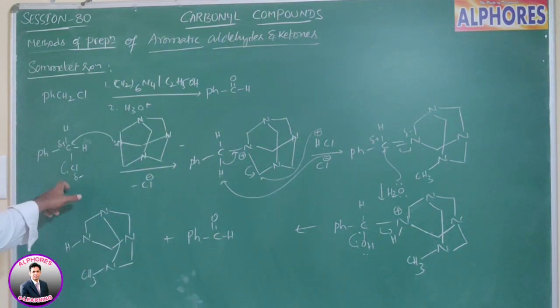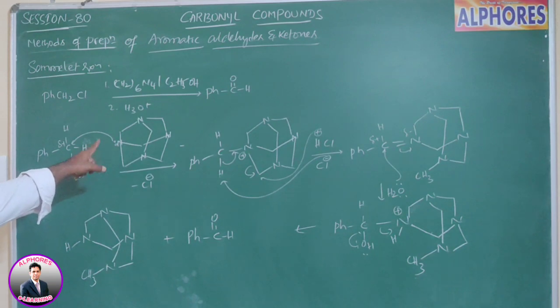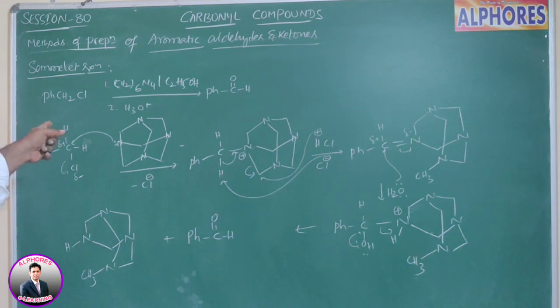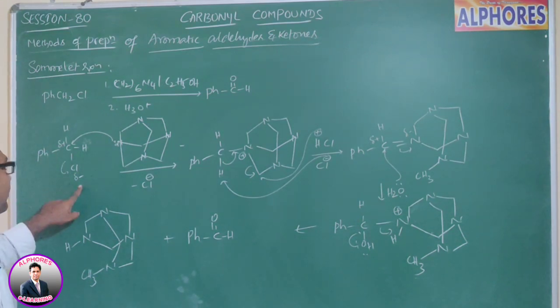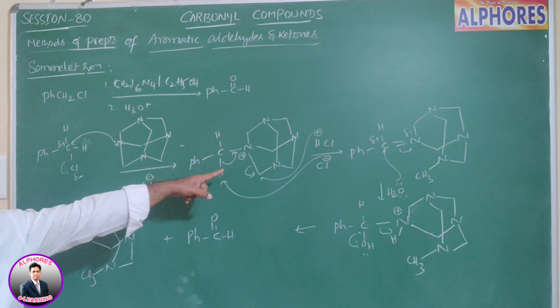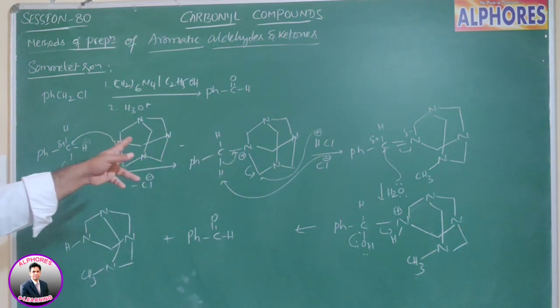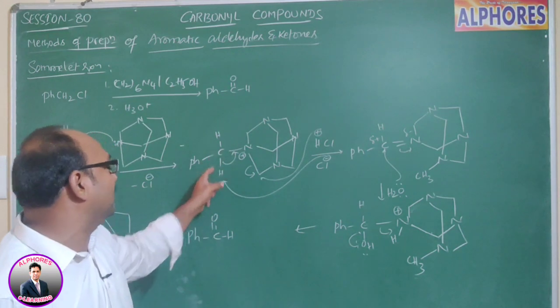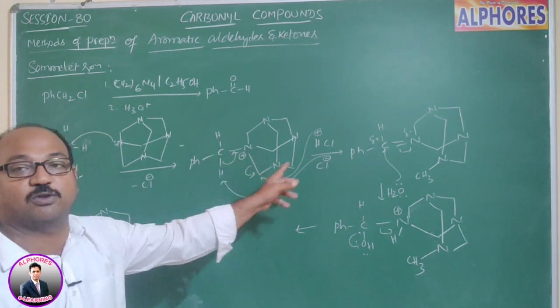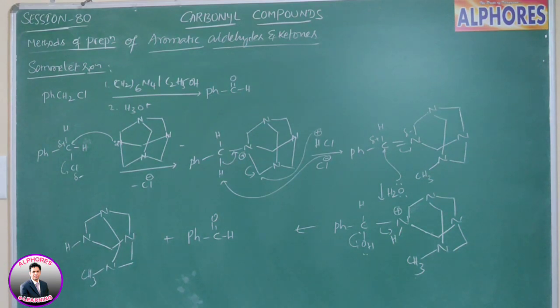In Sommelet reaction, urotropin actually consists of 4 nitrogen atoms. Out of the 4 nitrogen atoms, 1 nitrogen donates an electron pair to benzyl chloride. Because of chlorine, the carbon-chlorine bond is a more polar bond. Resultantly carbon is going to bear a positive charge and chlorine a negative charge. Towards this positive charge, nitrogen donates an electron pair, and after donation, there will be a new bond formation between carbon and nitrogen. Upon cleavage of the C-H bond and double bond formation between carbon and nitrogen, which upon hydrolysis gives benzaldehyde.